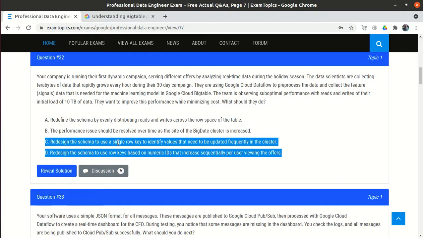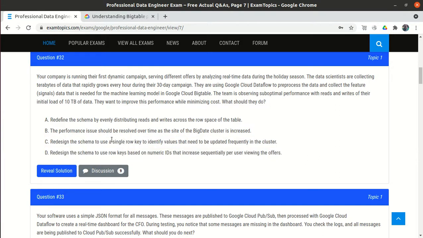Redesigning the schema with a different row key may increase query performance, because whenever we do a read operation the query will be faster. But what about the writes, right?